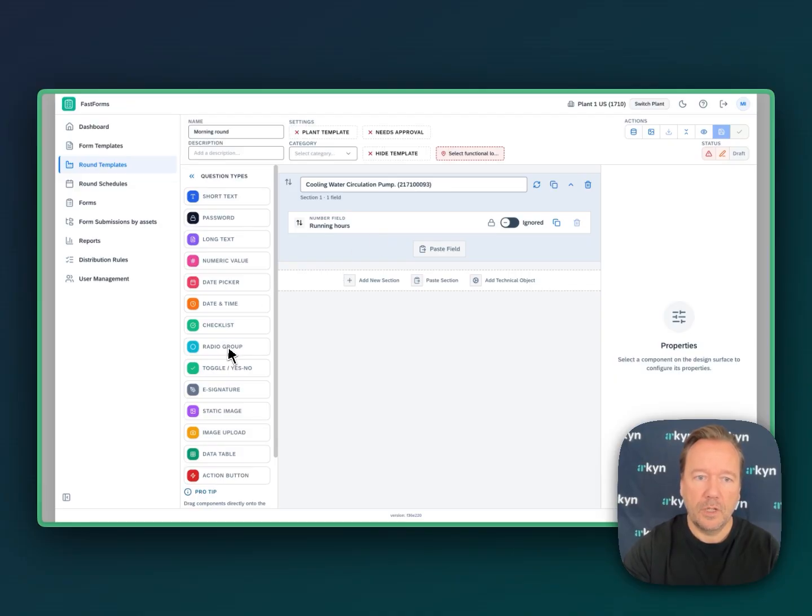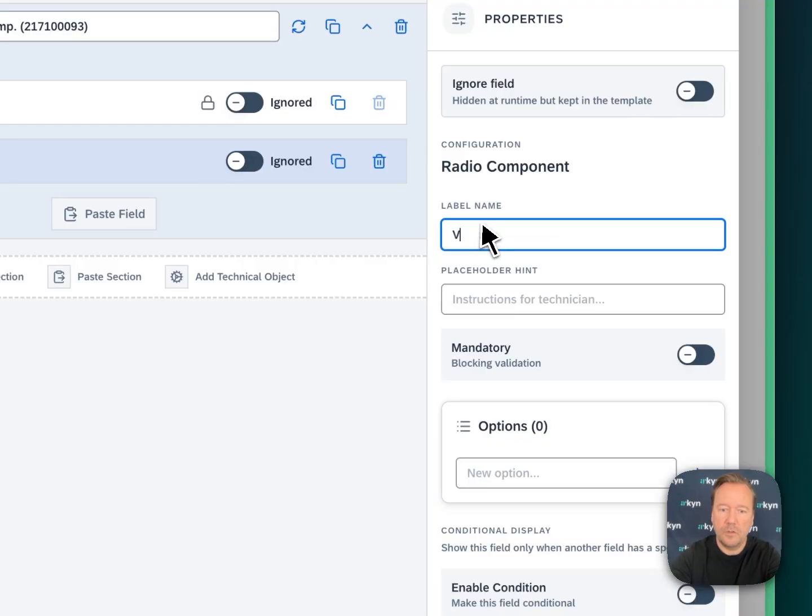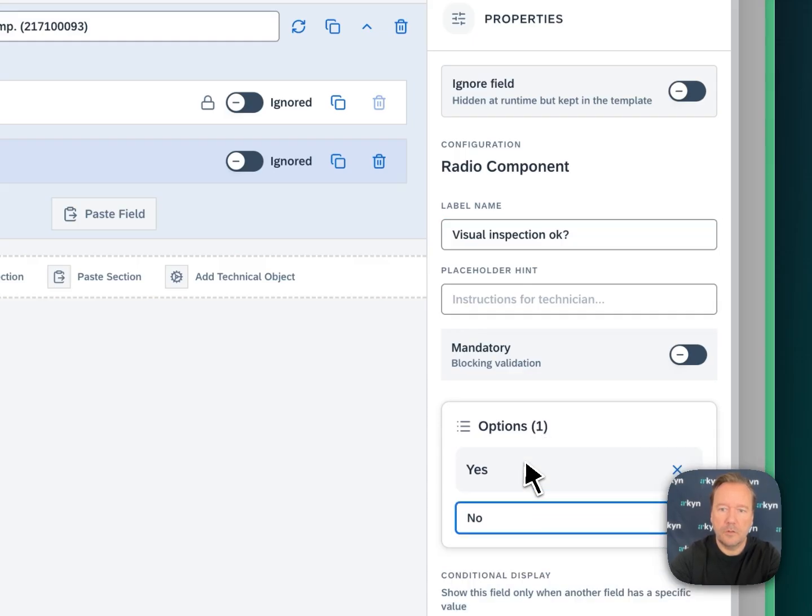And then you can add whatever questions you want as well. So I can say visual inspection OK. And again, add my options. Yes, no,